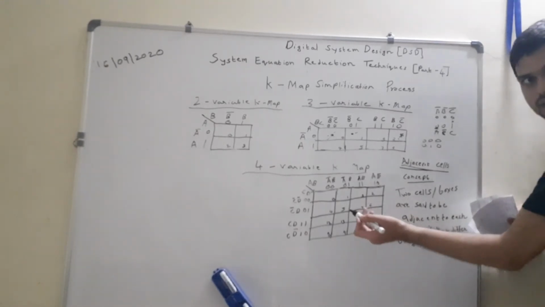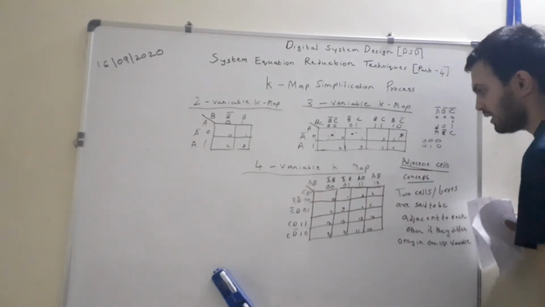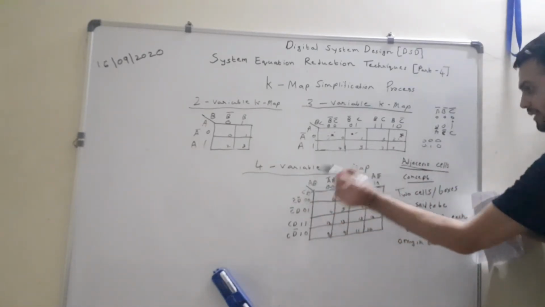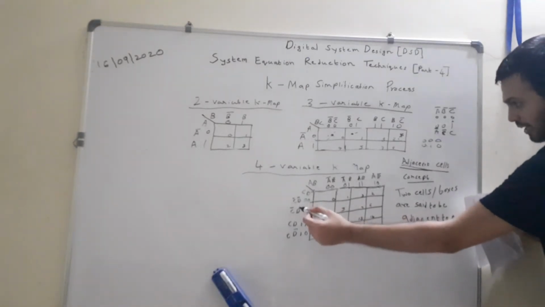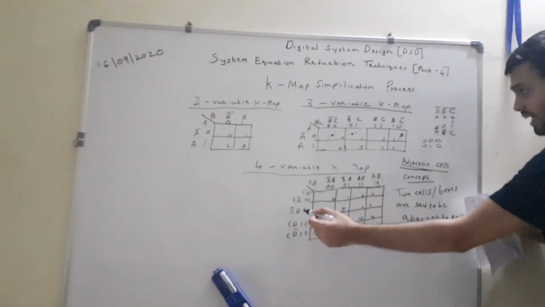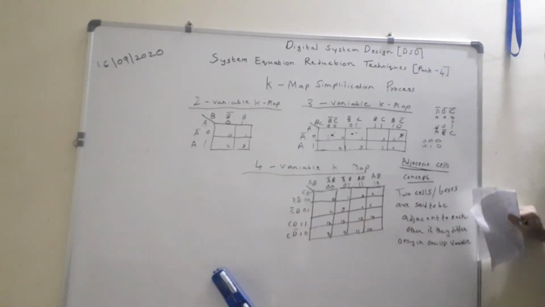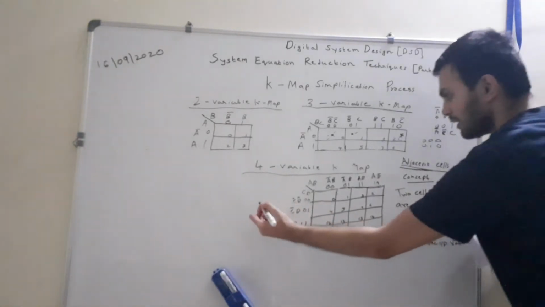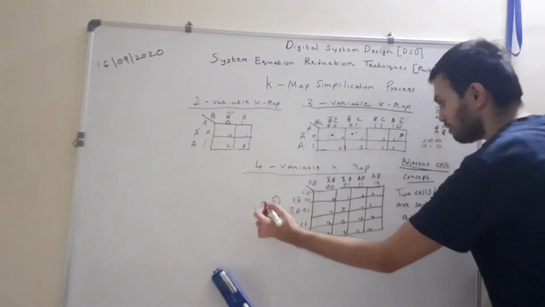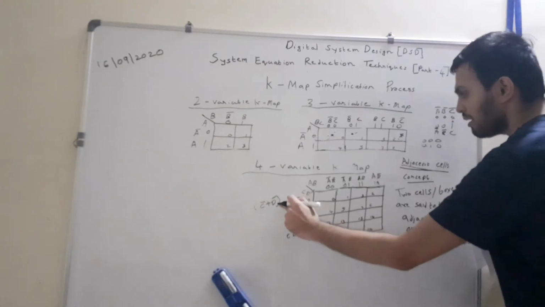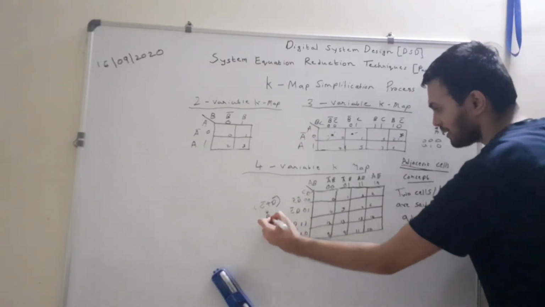Now let us see the third diagram over here. This depicts a 4 variable K-map. Now here I have inputs A, B and C, D. That is, I have 4 input variables. So the first term will be C bar D bar because we are dealing with an SOP expression, because a product term is present over here. If I write something like C bar plus D bar, then we are dealing with a POS expression. But I have written a product term, that's why it is an SOP expression.